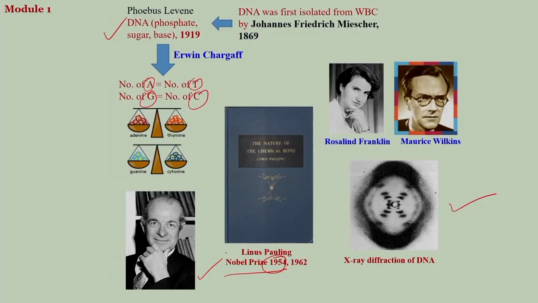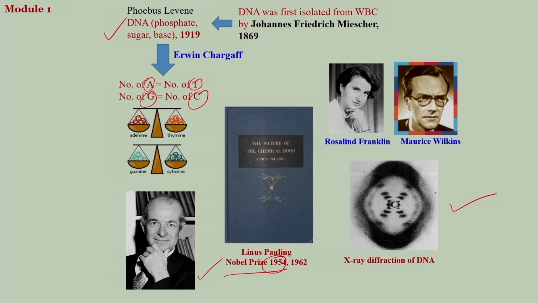So Linus Pauling was the key person behind the three-dimensional structure of proteins. He was already a very celebrated scientist, and he was also the one trying to solve the DNA puzzle: what is the structure of DNA? There are at least three important players. One is Linus Pauling, trying to figure out the structure of DNA, and he was the most likely person because he had already found out the structure of proteins. And then Franklin and Wilkins, and then the passionate guys, Watson and Crick.